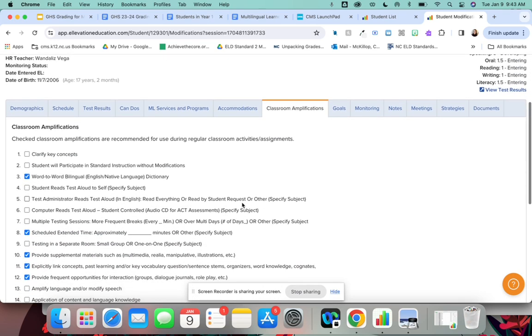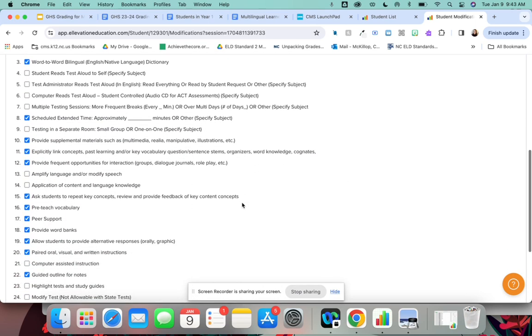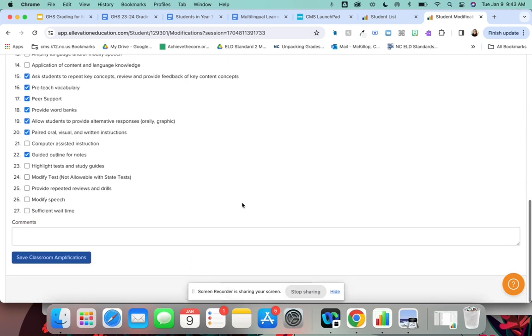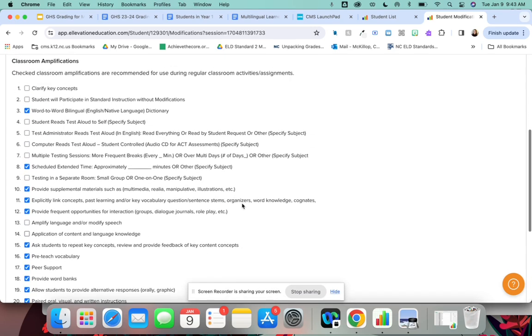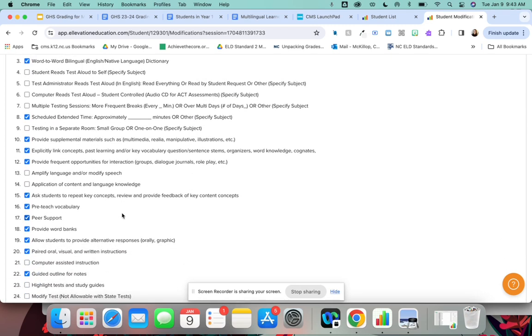Here you can see anything that is checked is their classroom amplifications, and these should be implemented with fidelity in your classes. And by providing these amplifications, your students should be successful in the class, should be able to receive top grades in your class.